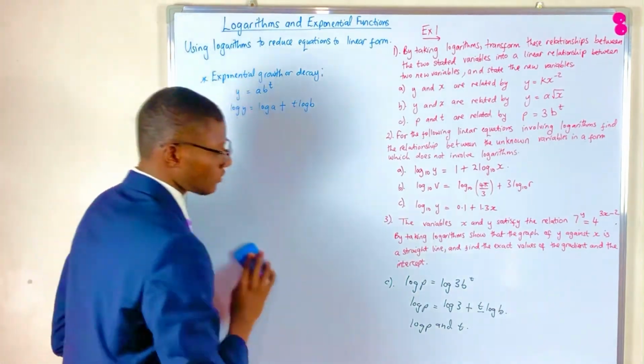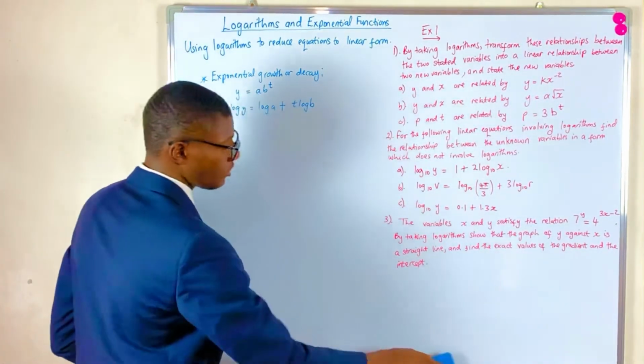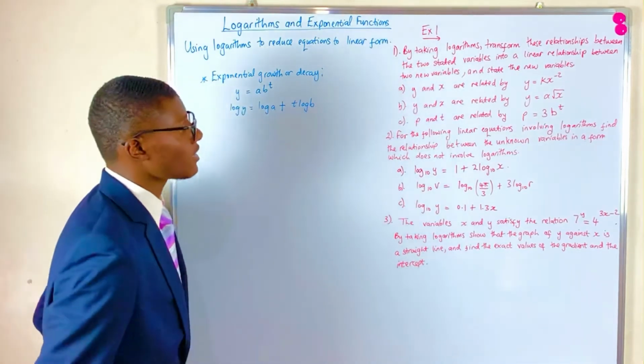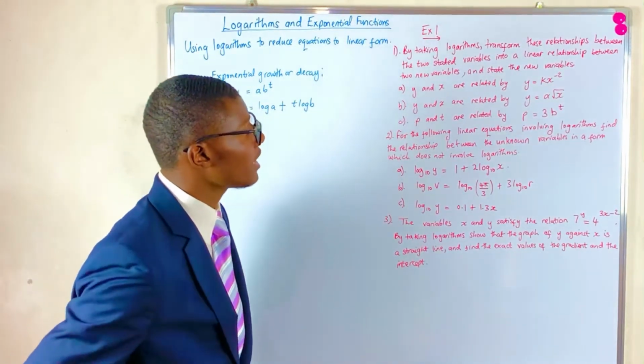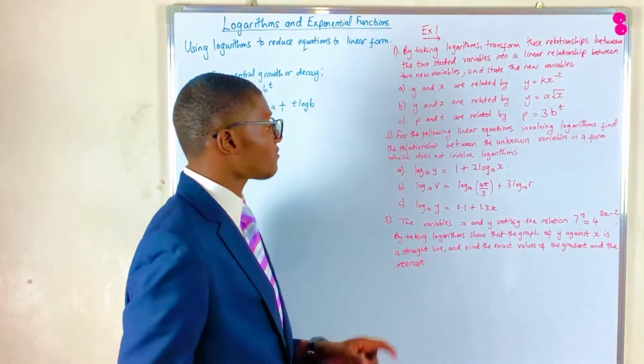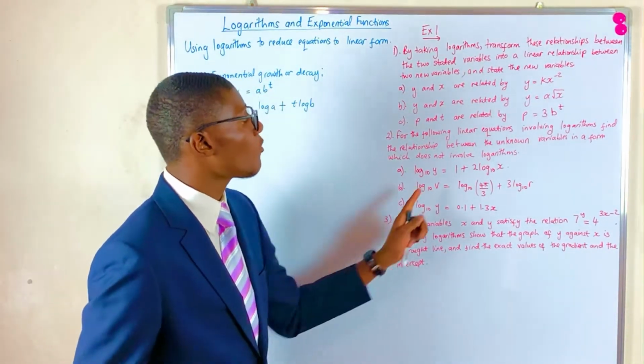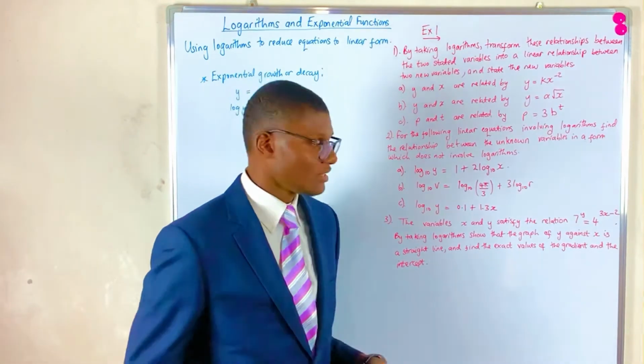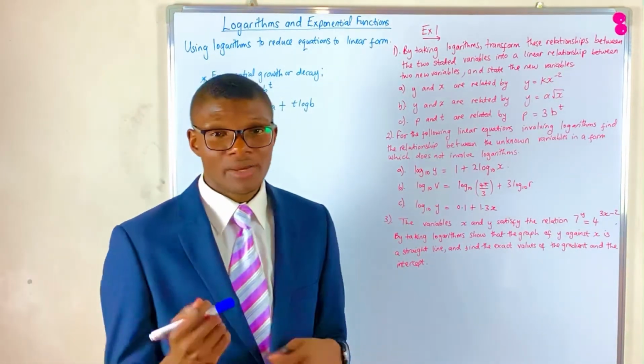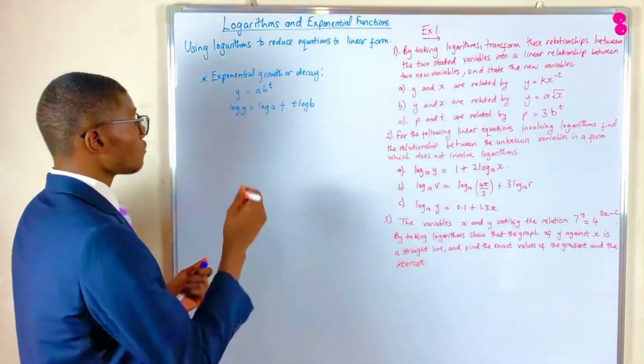Okay, so we shall move on to look at number 2. Number 2 says, for the following linear equations involving logarithms, find the relationship between the unknown variables in the form which does not involve logarithms. So in other words, it's simply working backwards, right? So for number 2a,